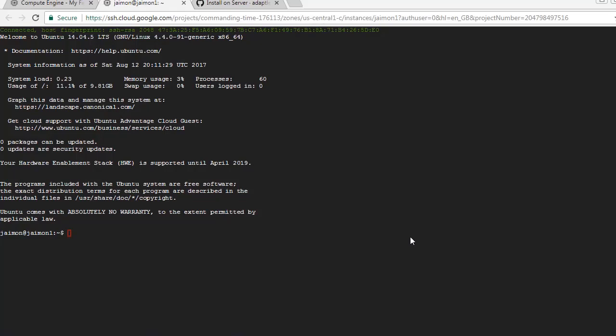Good morning, folks. This is a tutorial on how to install Adapt framework in Linux. In fact, we will be installing the Adapt authoring tool